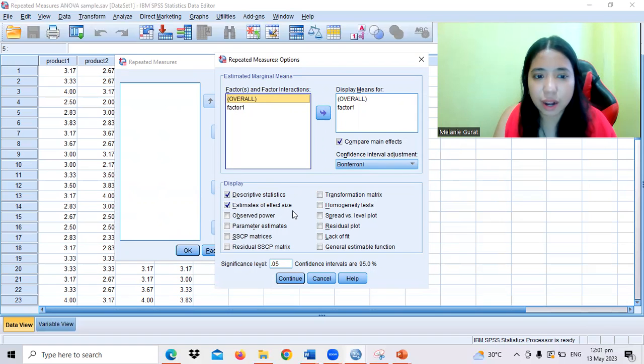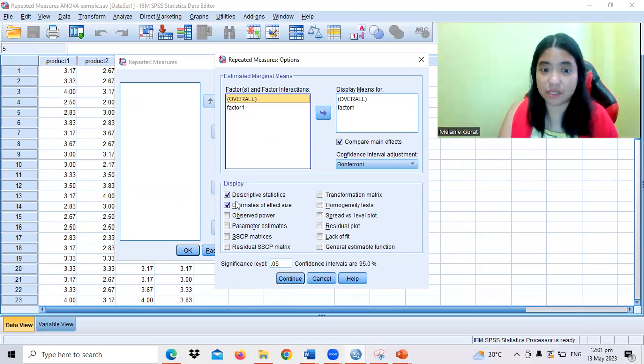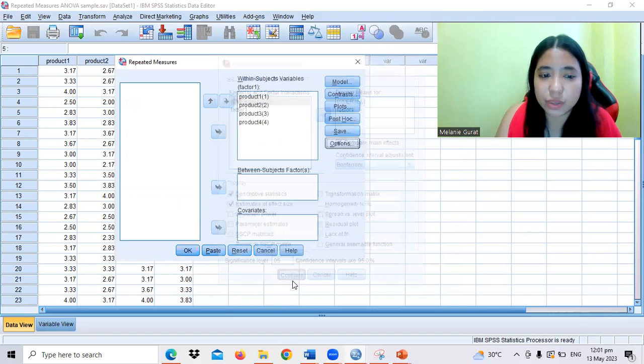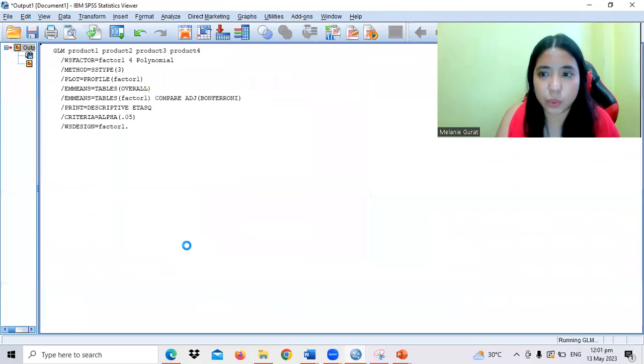So here, in our part 2, we just said check estimates of effect size. But if we also want to see the descriptive statistics or the means in each of the products, anyway, that is what we really want to compare, then we have to click descriptive statistics and then click continue and okay.